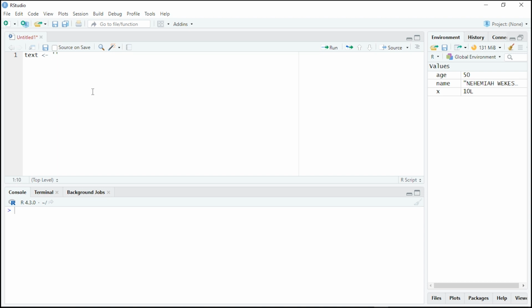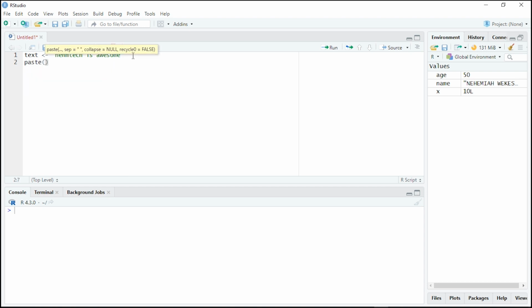Let me say name tag is awesome. So guys, basically, if I want to concatenate, you have to use this function called paste. If I want to join two or more elements, we use the paste function to concatenate. So you just say paste,